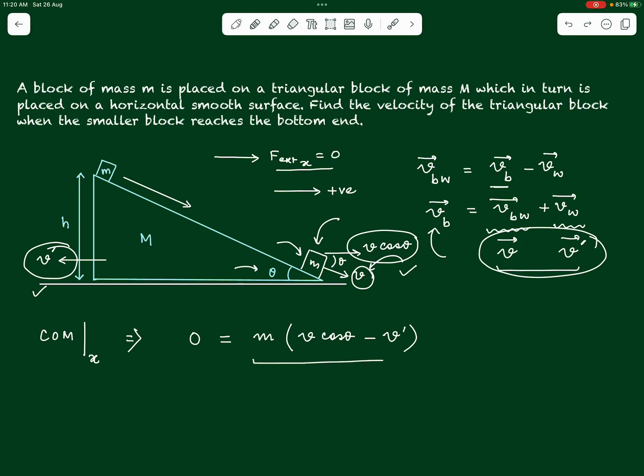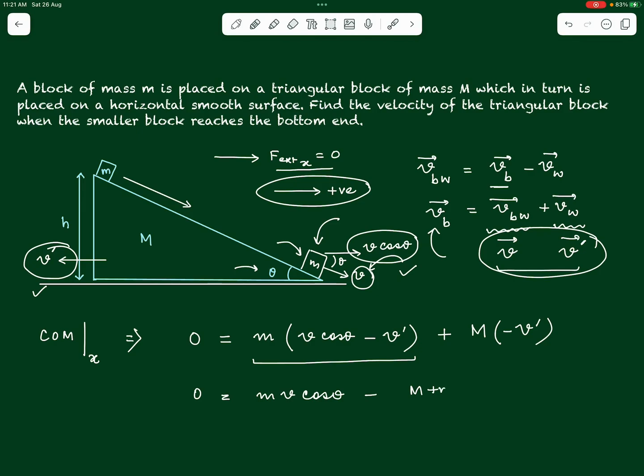So, this is the momentum of the block small m along the horizontal, added to this the momentum of the wedge along the horizontal. So, it is capital M, whereas the velocity of the wedge along the horizontal is minus of v dash. Why minus? Because v dash is in the leftward direction and we have taken rightward direction positive, right. So, can we now solve this equation to get a relation between v and v dash at least? We will get 0 is equal to mv cos theta